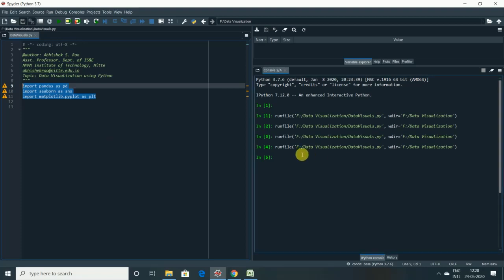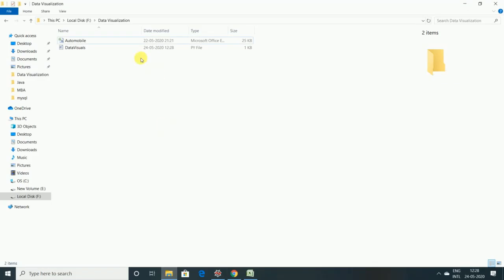And this is the working directory which I'm using, guys. I'm using the F drive, and there is a folder or working directory, data visualization, and this is the name of the Python file, datavisuals.py. And you can see that it is there in the F drive, and this is the CSV file or dataset which we are going to consider for our study, the automobile dataset.